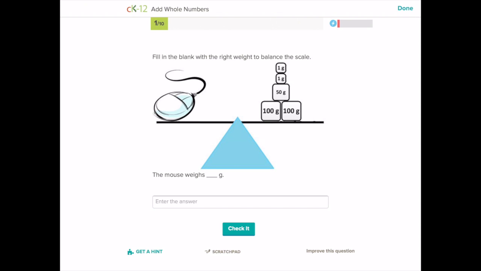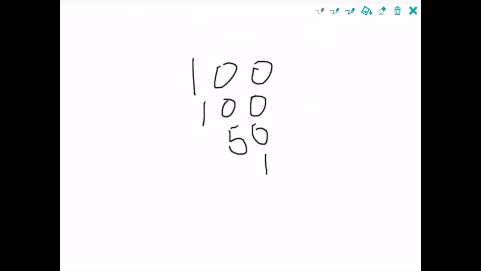You'll notice there's also this scratch pad. So if you click on scratch pad, this is very good. You'll notice there's a variety of tools at the top. The little pen is selected, so the student can use this to work as a scratch pad. So for instance, to do this question, you can do 100 plus 100 plus 50 plus 1 plus 1,